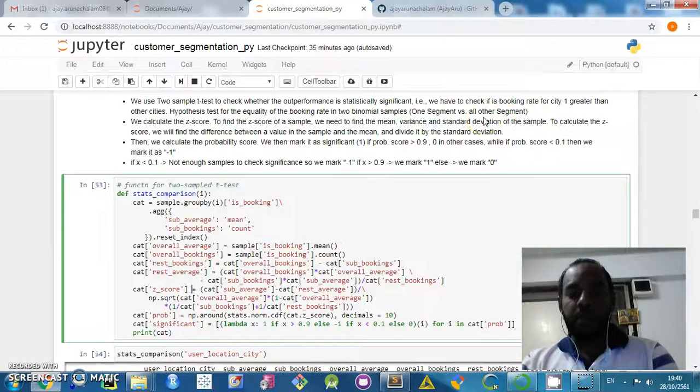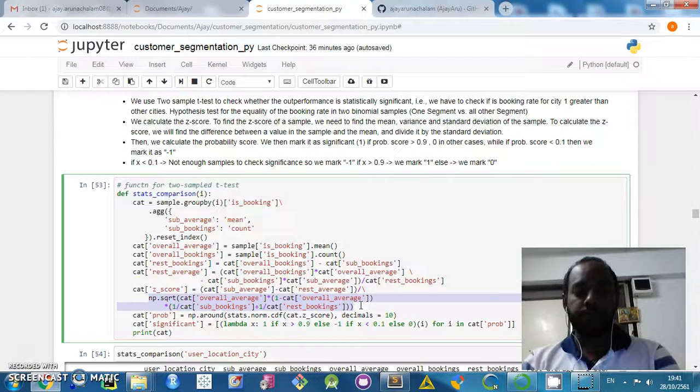you take the mean and then the variance and the standard deviation of the sample, and then find the difference between the value in the sample and the mean and divide it by the standard deviation. So that is what we do here, that is we take the difference between the value in the sample and the mean and divide it by the standard deviation. So once we calculate the z-score,